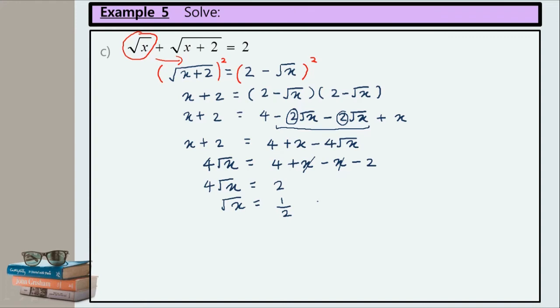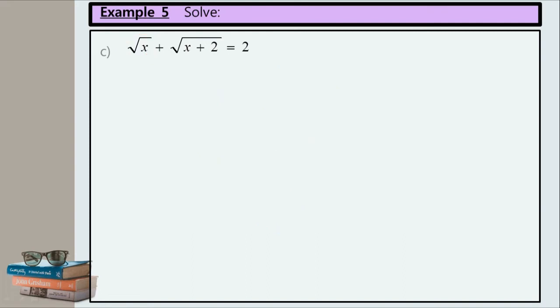Okay. Since we have √ here, we need to square both sides again. So square both sides. √x squared, x. 1 over 2 squared, 1 over 4. So this is our value of x. Don't just simply leave our answer like this. We need to check. So how to check? Okay. So to check,